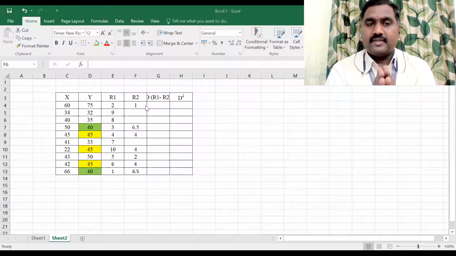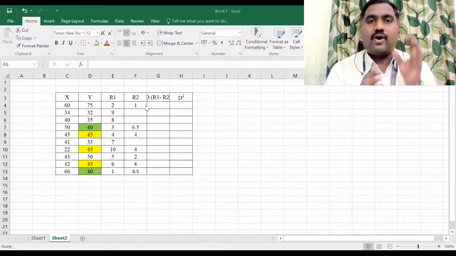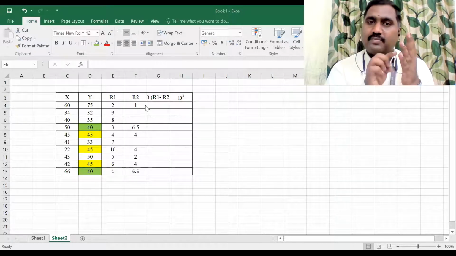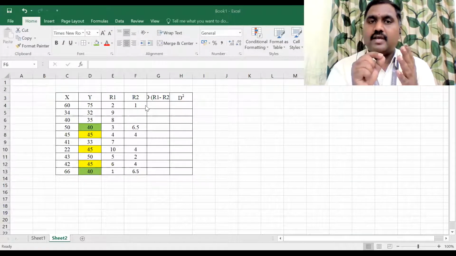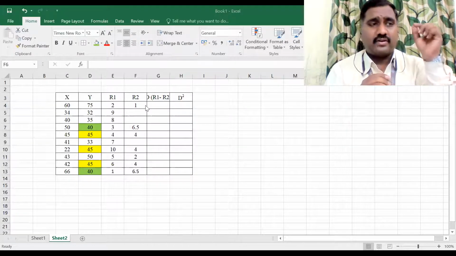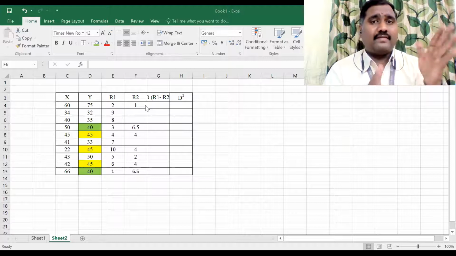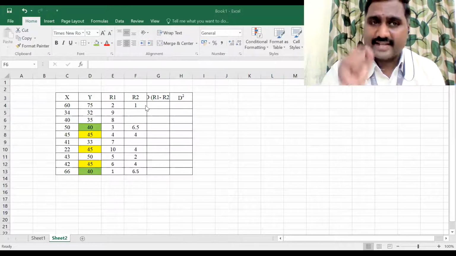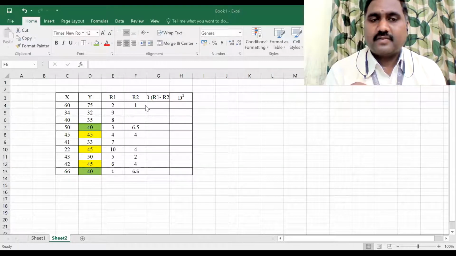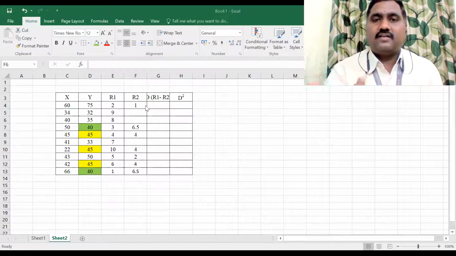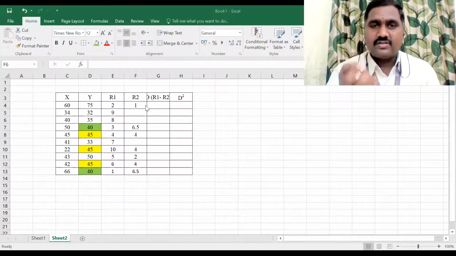Now here you have to find out how many numbers are repeated, and note down the rank position of each number, add those rank positions and take an average, and put that average value for the repeated number. Don't put 3, 4, 5. Please don't make that mistake. If you have any doubts, ask me. If you have doubts, kindly ask me.